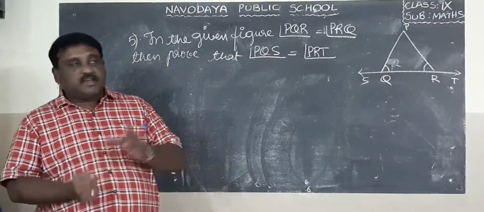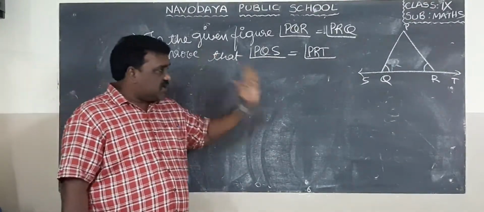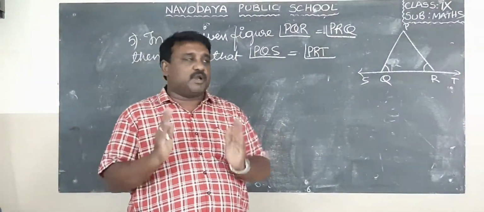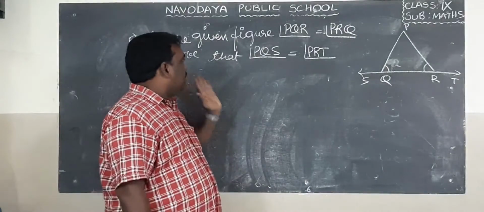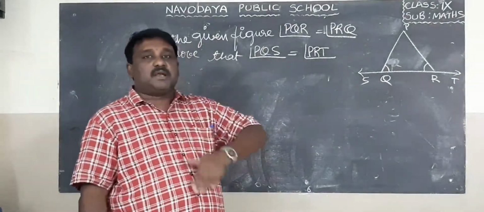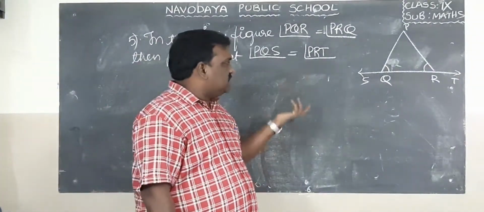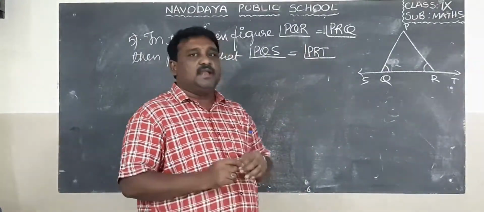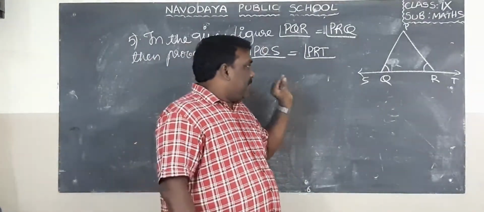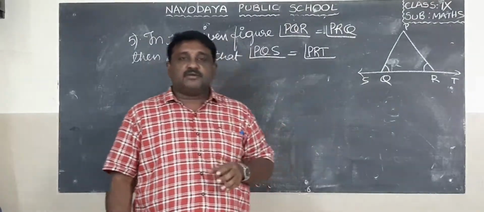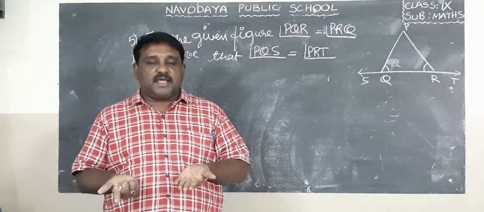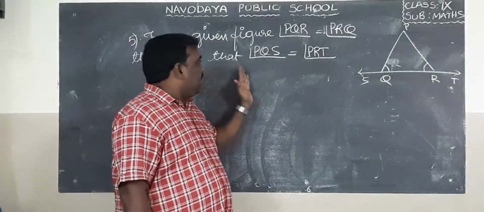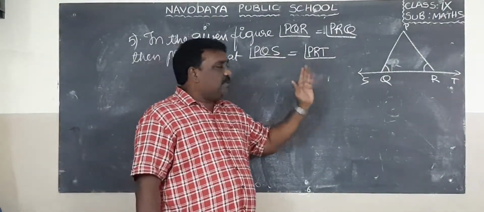Okay na? So read the problem 2 or 3 times, draw the diagram, observe the diagram. Observation plays an important role. Observe the diagram clearly. Two angles are marked in the diagram and there is a triangle and there is a straight line. PQR is a triangle. ST is a straight line. Two angles are marked in the diagram. They are equal. Then prove that angle PQS equal to angle PRT.